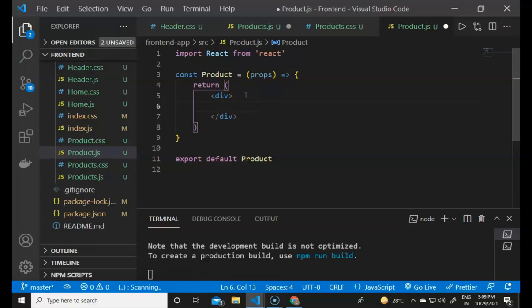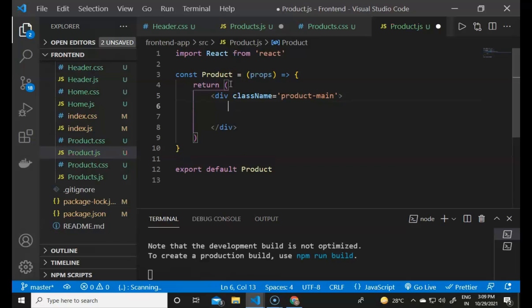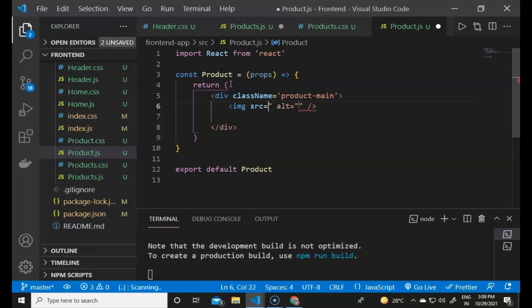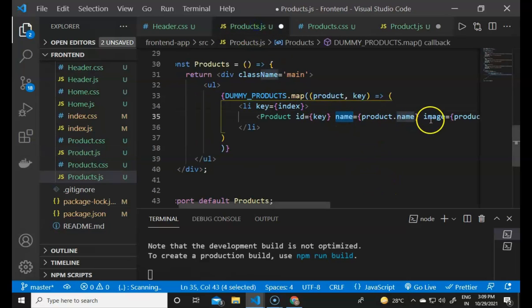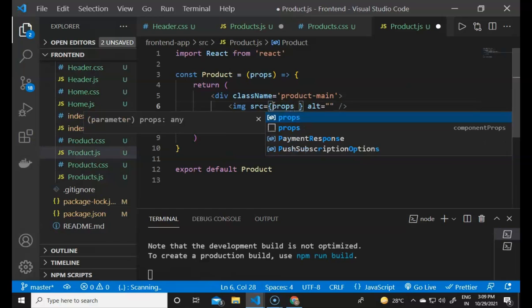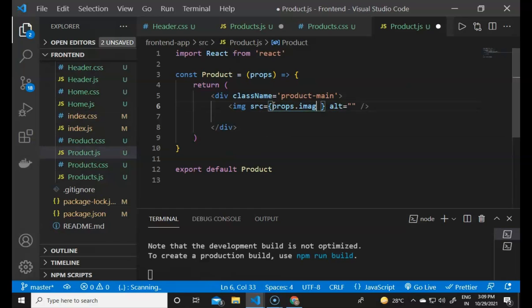It will contain a div with the className equal to product main, and it will contain the image first. The source will be equal to, in the expressions, the image from the props. We are sending the image, so we can type props.image, and the alt will be props.name, the name of the product.